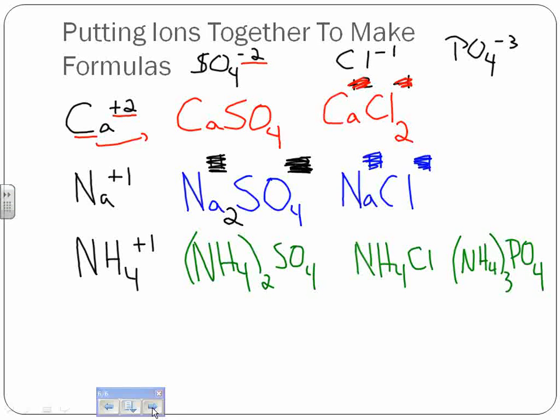What about the rest of the phosphate column? We'd have 3 sodiums, because they're a +1, to every 1 phosphate. And then finally, the common multiple of 3 and 2 is 6, so I would need 3 calciums, each one's a +2,